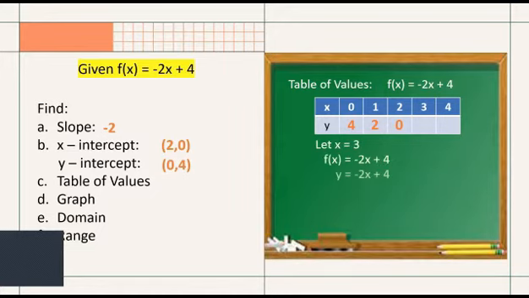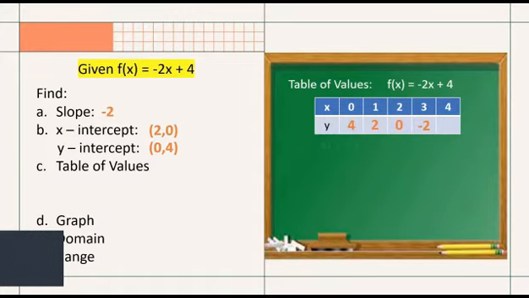Write the given function y equals negative 2x plus 4. Then substitute the x as 3: y equals negative 2 times 3 plus 4. Then simplify: y equals negative 6 plus 4. Then our y equals negative 2. If x equals 3, our y is negative 2. Last, if x equals 4,